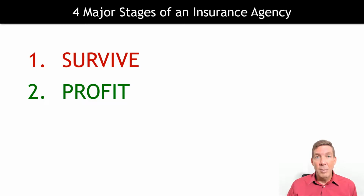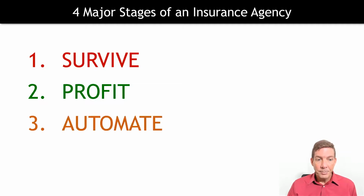But usually to be able to have fun outside the agency and not just continue working 40 hours a week or 35 hours a week, sitting in the office, occupying space, almost as an apology to the team members around you to say, well, I don't want to leave the agency because maybe I'm not paying you as well as I could or should, or I'm not even sure if I am. And so I should be in my office for 35 hours a week, right? That's what I'm supposed to do. That sort of employee mindset, even though my name might be on the door as the agency owner,